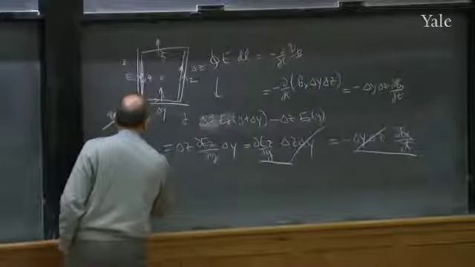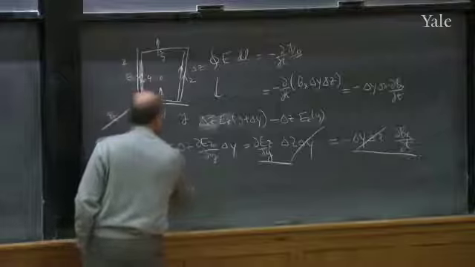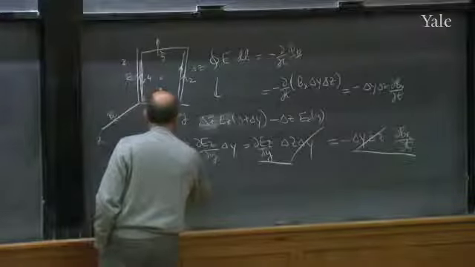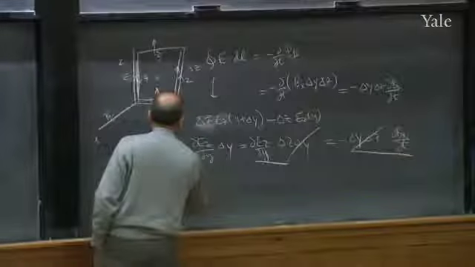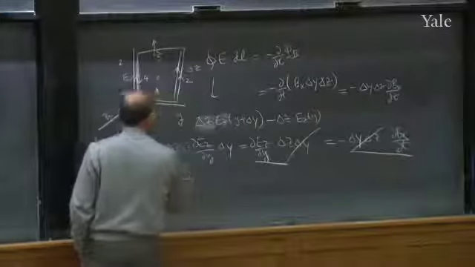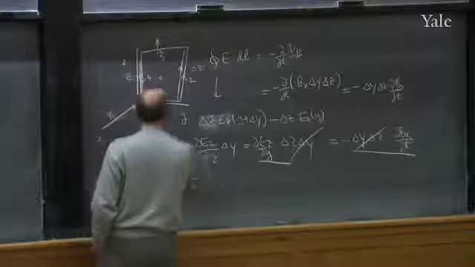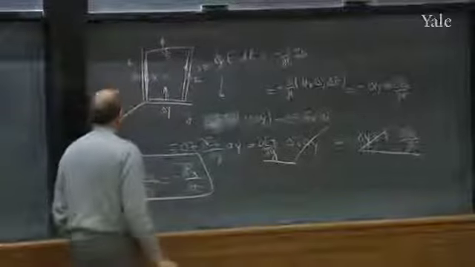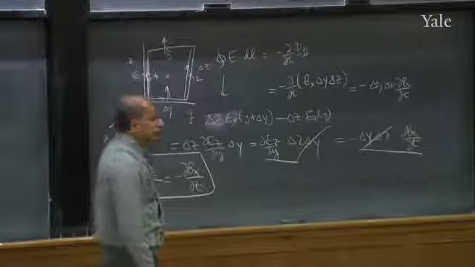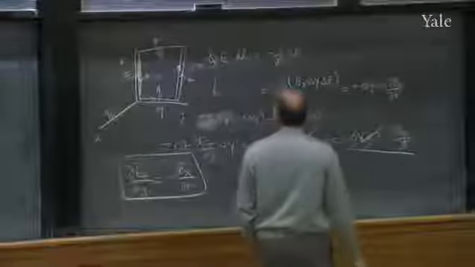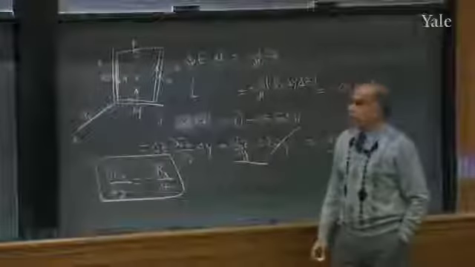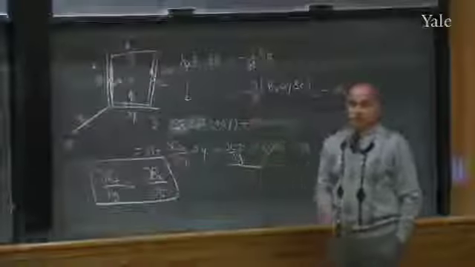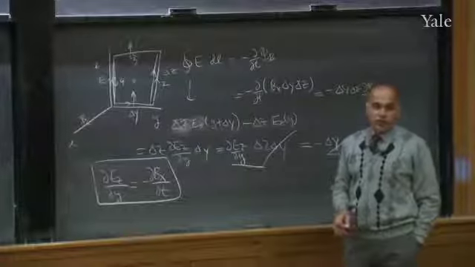dEz over dy is equal to minus dBx dt. This came from looking at this equation. The last one,